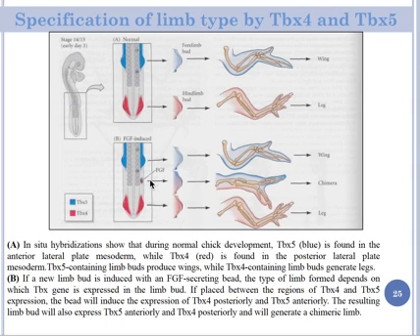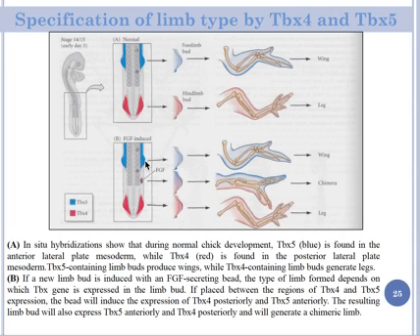The bead will induce the expression of TBX, as you can see. The beads will induce the expression of TBX4 posteriorly and TBX5 anteriorly, so that we can get a kind of chimera limb, having TBX4 and